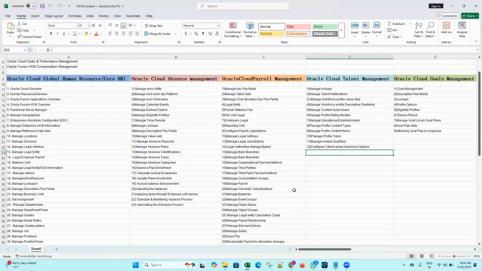Right. So now coming to yesterday, we discussed first thing how to enable these things. Correct. How to enable in the sense how to enable payroll for one country. What should be the options we are supposed to choose over here? Now, I'm going to explain. See, this manage key flex fields and value sets and manage cost allocation key flex fields. This is a topic that I am going to discuss today. Okay. So now,